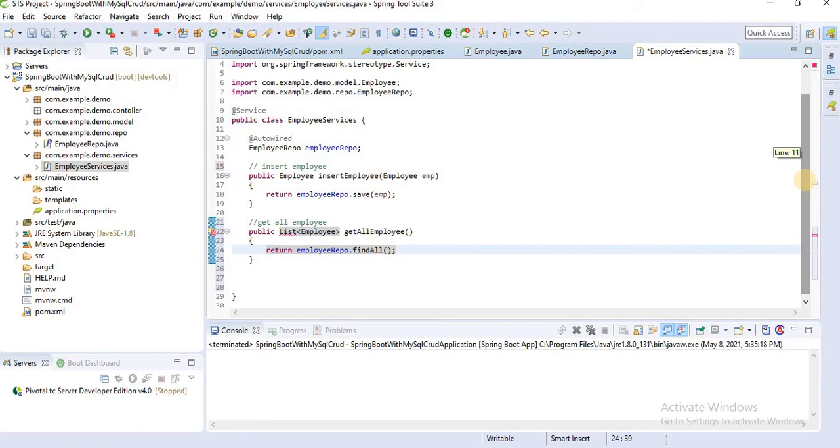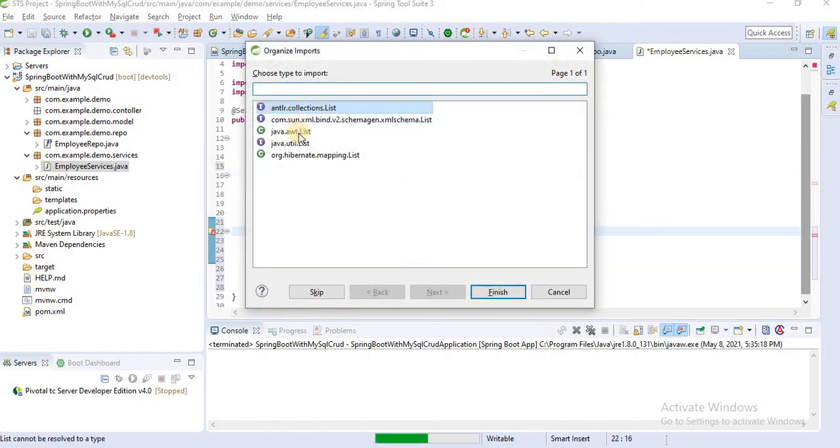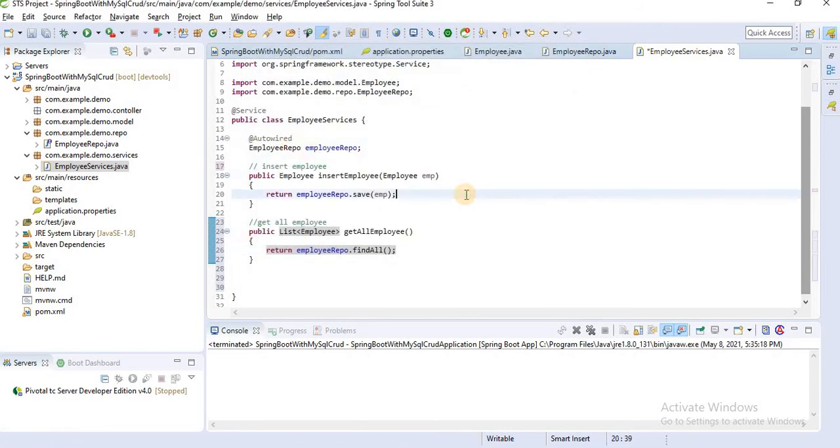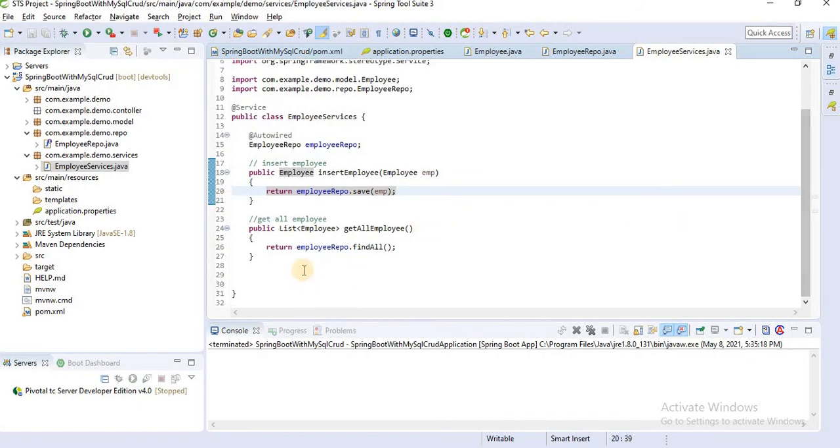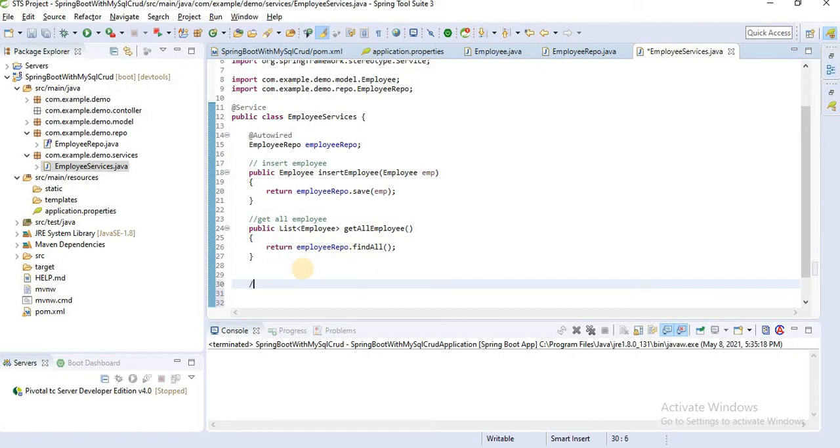Press Control Shift O. It's giving the option, we just choose java.util.List, so the list package is imported. One more thing we are using here, get employee by id.